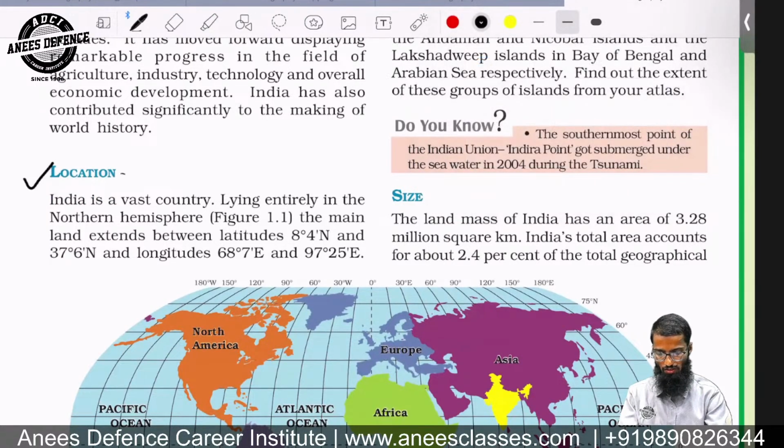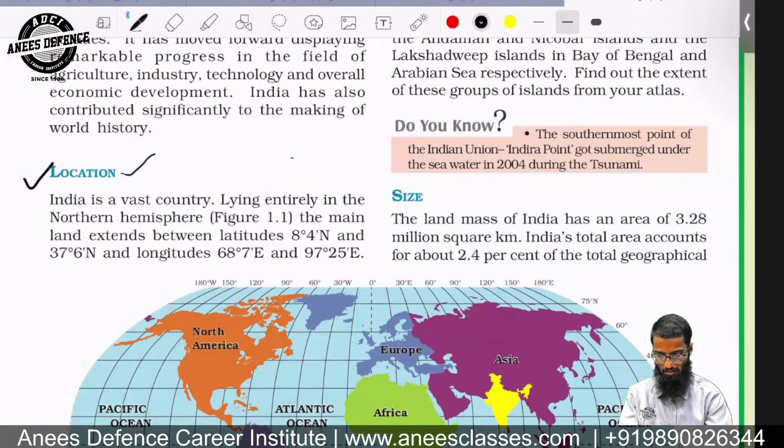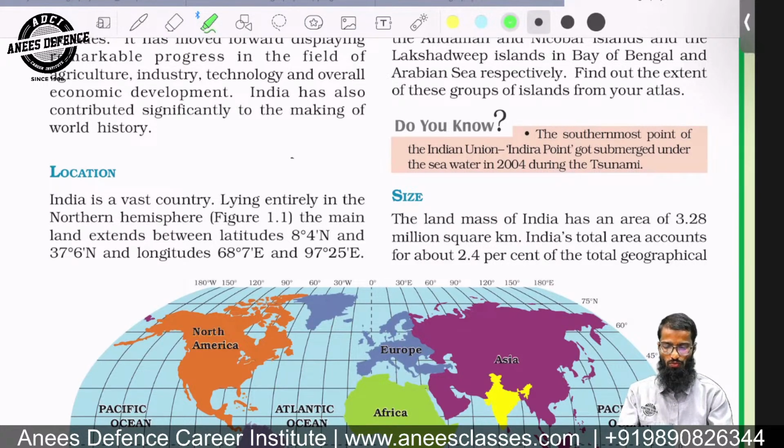So here you can understand about the location. India is a vast country. Almost we have surpassed China. Yes or no? We have surpassed China. And we are now the number 1 country in the world in terms of population. Whether that is the praise or that will be boon or bane,